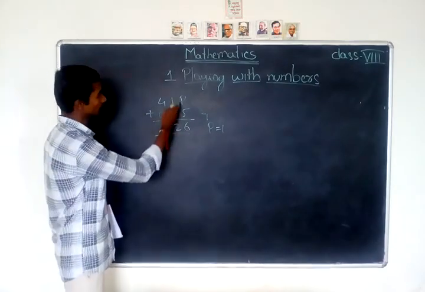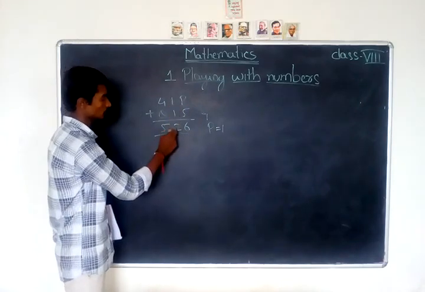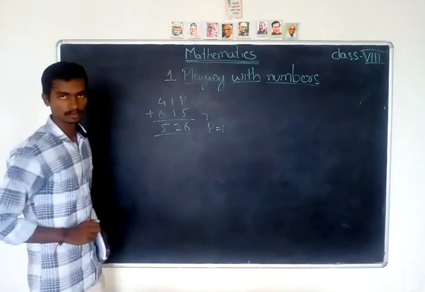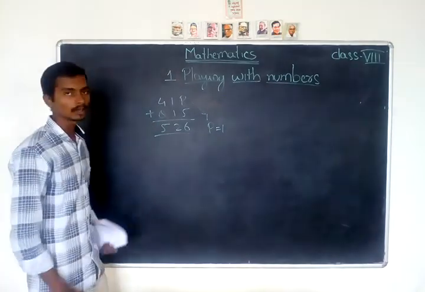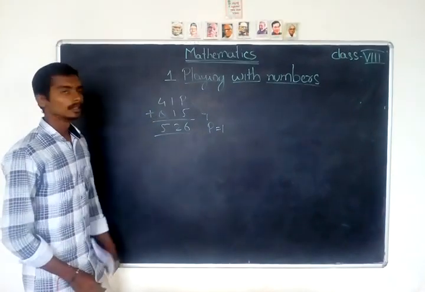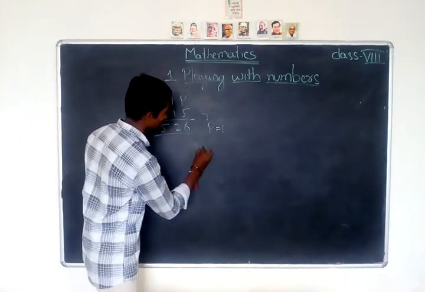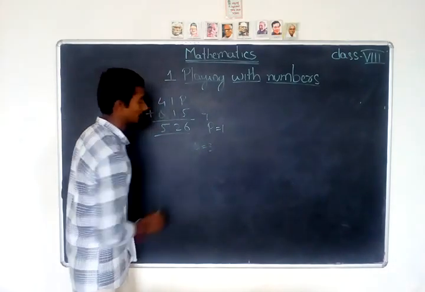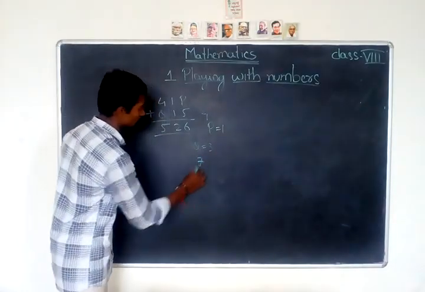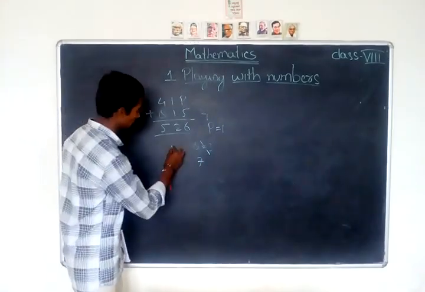Okay? Now, in this case, see, 1 plus 5 is 6, 1 plus 1 is 2. Now, 4 plus what will give you 5? 4 plus Q, 5 is given here. Now, what is the value of Q that gives you 5? Let me take some number randomly, like if I take the value of Q as 3. If I take Q as 3, 4 plus 3 is 7. So, this is wrong. If I take Q as 2,